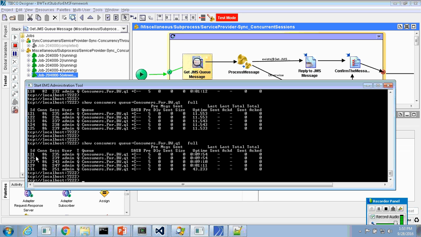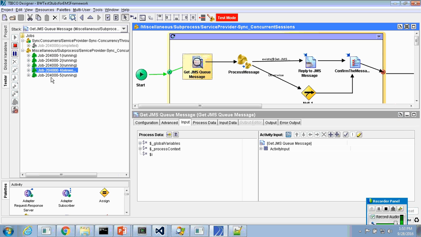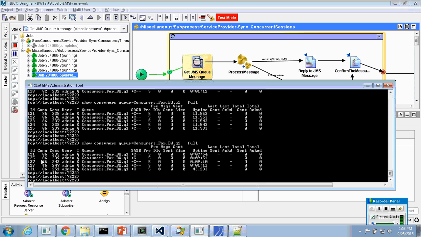So 1 to 1 and 1 to 5. So we have 5. How many do we have? 1 to 1, 1 to 5. Yeah. So 1 to 1 and 1 to 5 still remain, and the rest, 1 to 2, 1 to 3, 1 to 4,